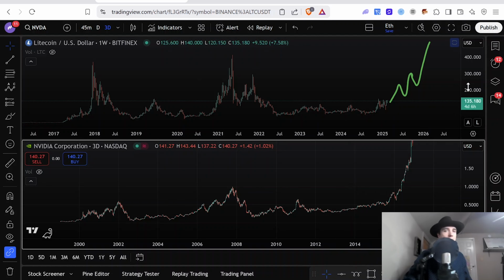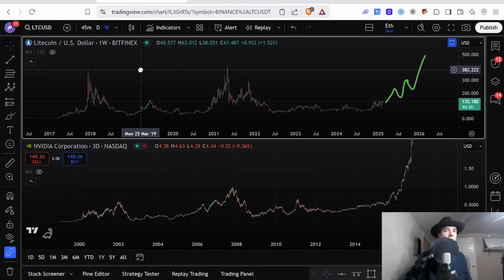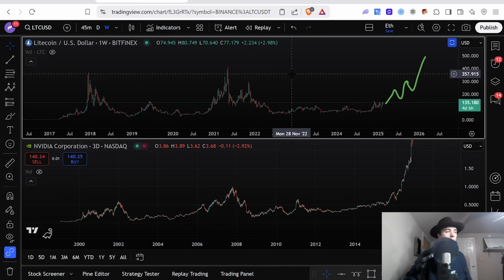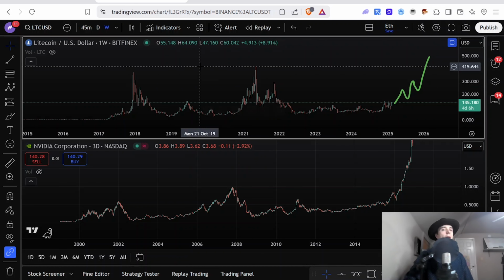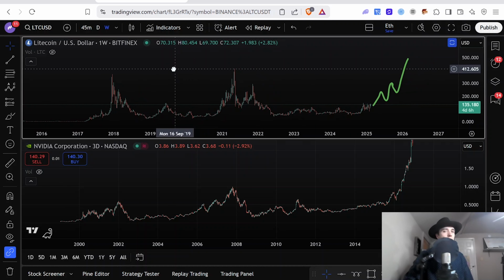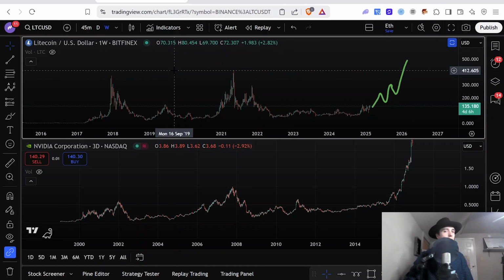And you can even see the institutions have been accumulating this thing for a long time. Go look at all of the different big companies that are accumulating crypto, and Litecoin is always on their list of coins that the big institutions are accumulating. So that gives you an idea of what the big institutions believe is going to happen. They believe the price is going to go vertical, otherwise they wouldn't be accumulating and investing so much money and capital